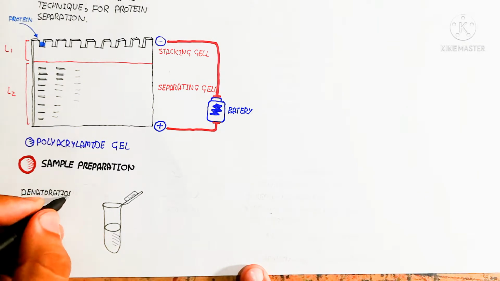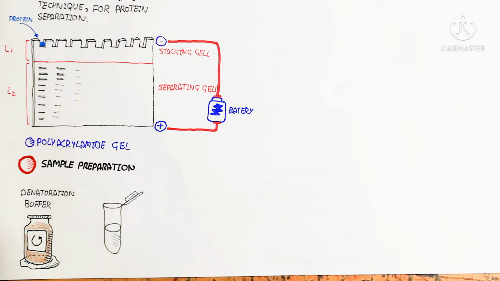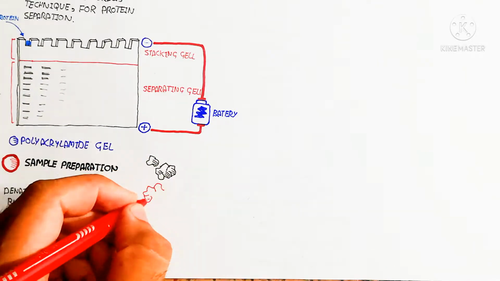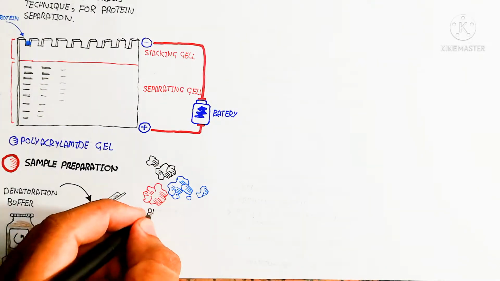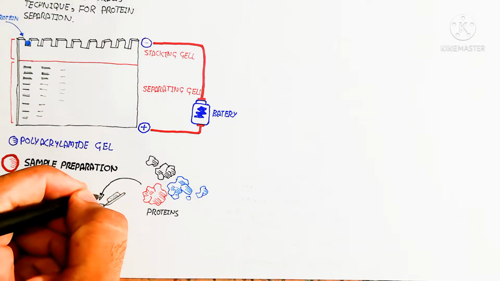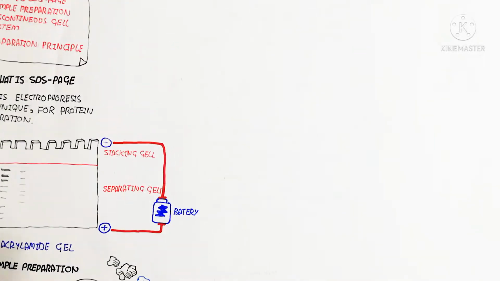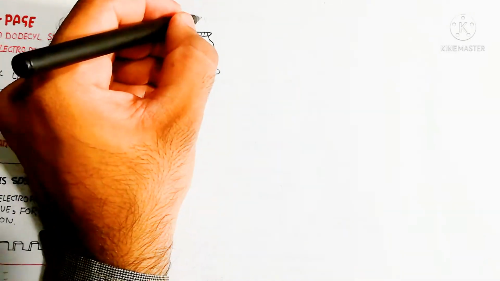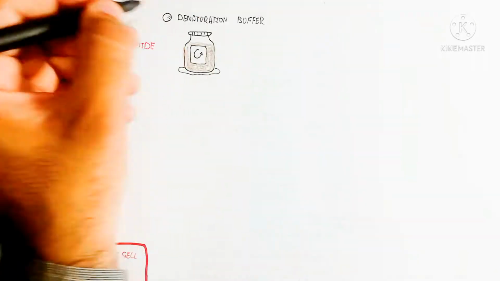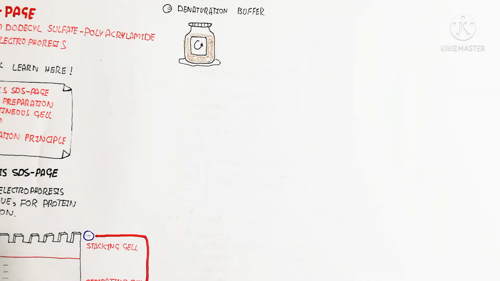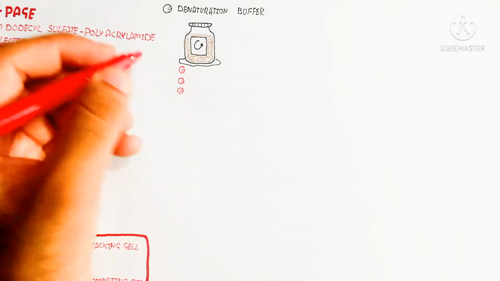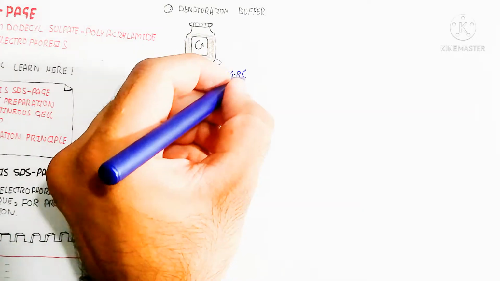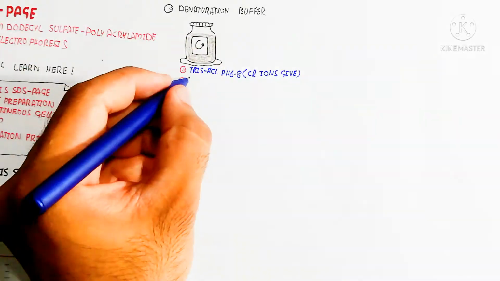But the important thing I want to discuss in this video is that denaturation buffer will not denature the protein, while SDS buffer also does not change the protein density or protein weight, but it will separate the ionic charge of the quaternary or secondary structure of the protein to convert it into the linear chain of the protein. So let's begin to understand the denaturation buffer first.